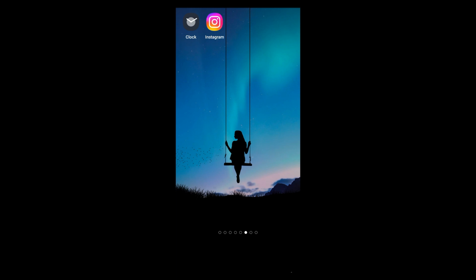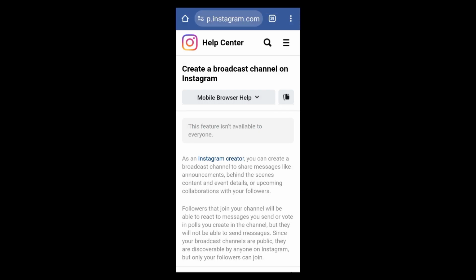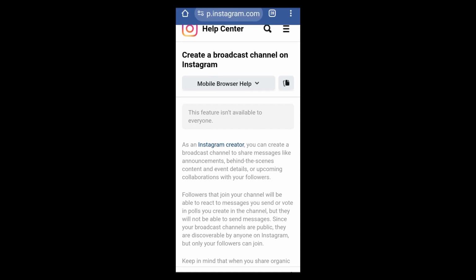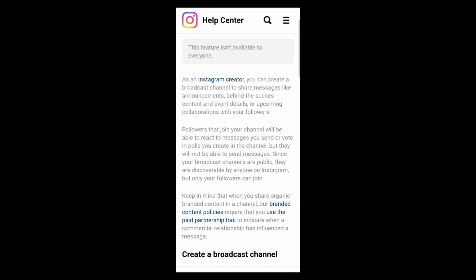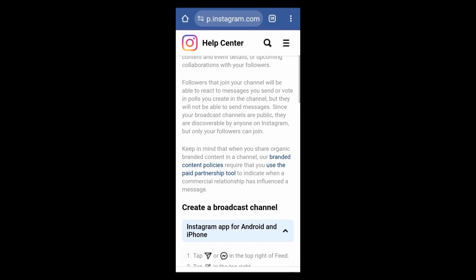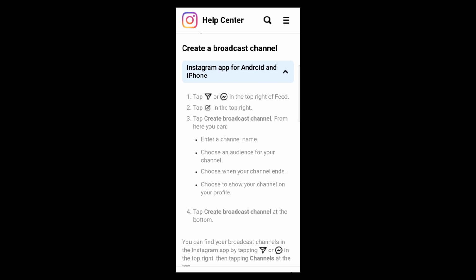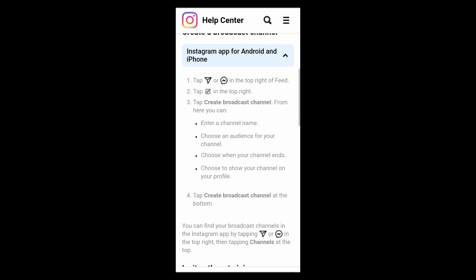Now, you have to take note that there are some countries or regions where this feature is not available, including my country. But don't worry, all you have to do is go to any web browser and type "create a broadcast channel on Instagram", then you will see this help center. Now, if you scroll down here, you will see the steps and process on how to create a broadcast channel